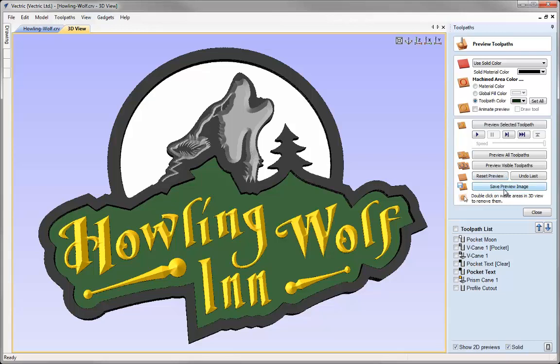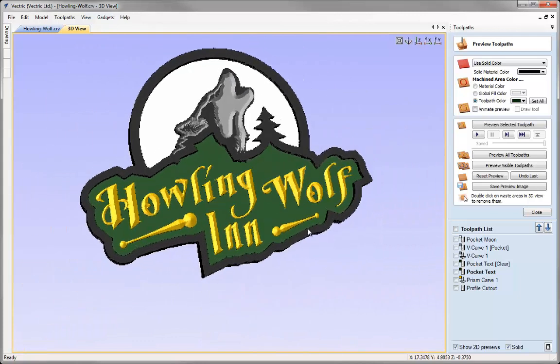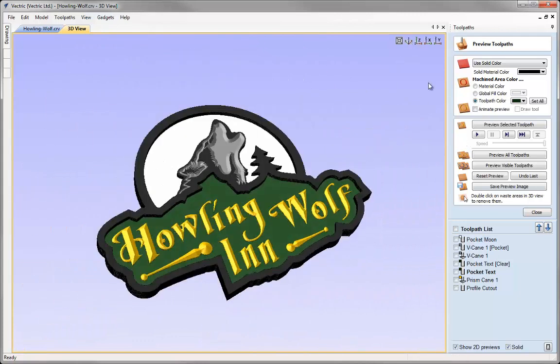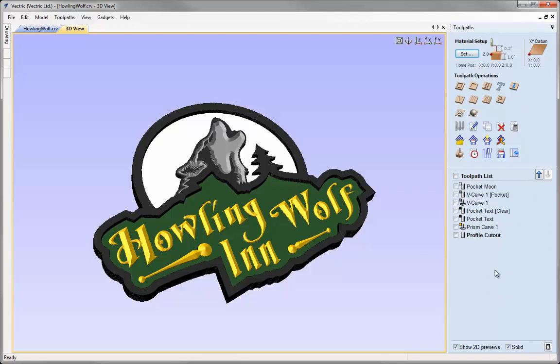send them something different. And the image that you're going to save will be exactly what you can see in the 3D view, so you can rotate it around, zoom in, move it, put it in any orientation you want before you go ahead and actually save that file out. Once you have approval for the part, you'd be ready to output these toolpaths in order to cut them on your CNC. So let's go ahead and close the Preview Toolpaths form and just take a moment to look at